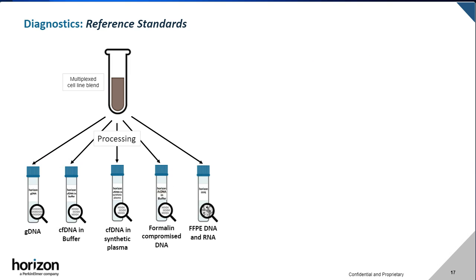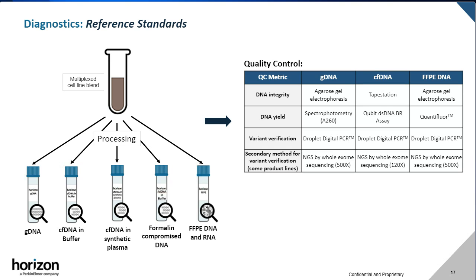Once the correct cell line blend is achieved, we then process the blend into one of 5 different product formats: either gDNA, cfDNA and buffer, cfDNA and synthetic plasma, formalin-compromised DNA, or FFPE DNA, or RNA. The material is then quality controlled, and depending on the format, here are some examples of QC metrics that are checked for the gDNA, cell-free DNA, and FFPE DNA product